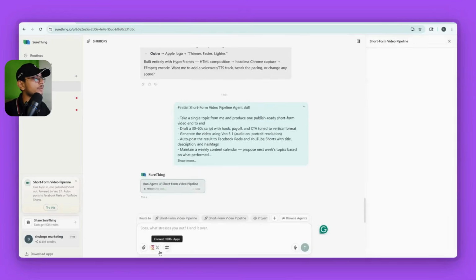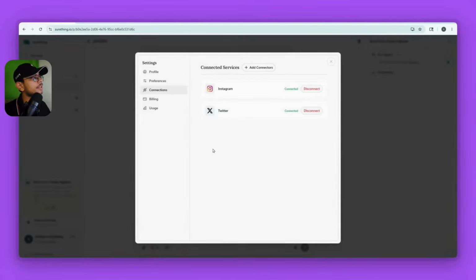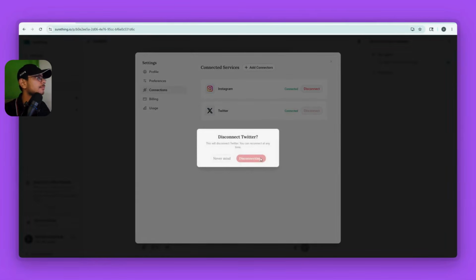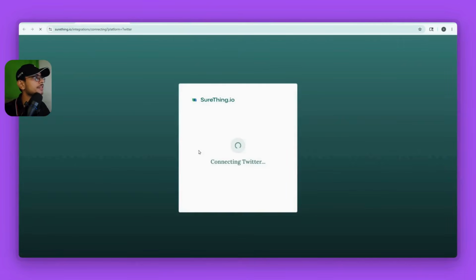So I already connected my social media platforms here, Instagram and Twitter. But if you don't already have connected, just click on this button and you can search for which account you want to connect. You want to connect Gmail, HubSpot, LinkedIn, Slack, Notion, Stripe, Google Ads. For example, if you want to connect Twitter, just click on the connect button. Let me show you. I will disconnect this first. And now let's say we will go to Twitter here, just click on this connect button,